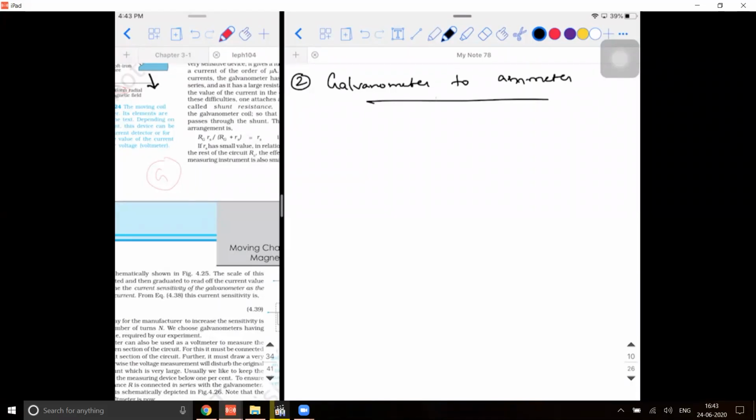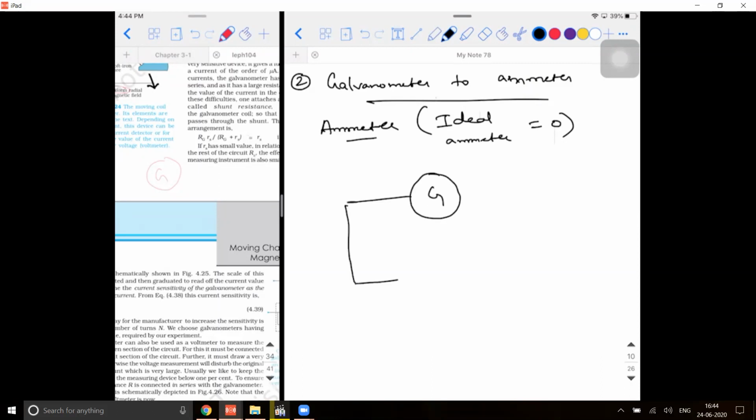Low resistance. So if you have a galvanometer in your hand and you have to reduce its equivalent resistance, then you need to connect an external resistor in parallel. Good. Now, an ideal ammeter's resistance is how much? Zero. Ideally, it is 0. So what do I have in my hand? I have a galvanometer. So I need to connect